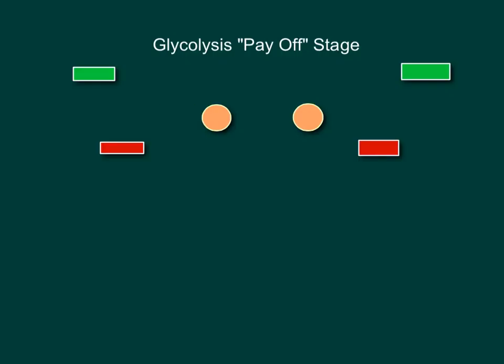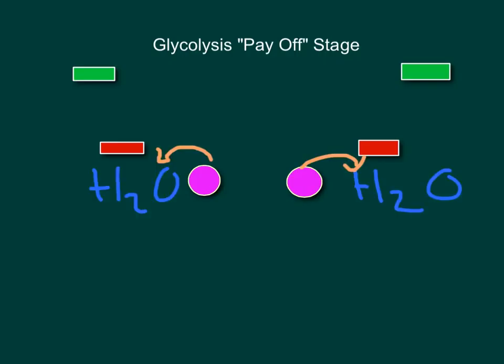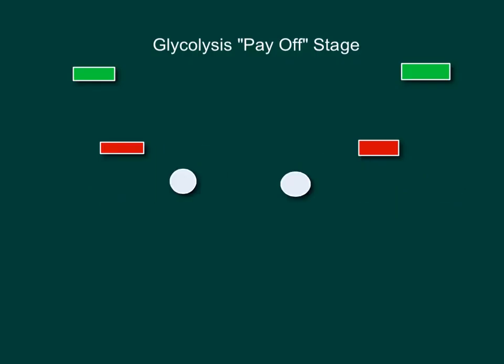After this, 1,3-BPG becomes 3-PG. Then, the 3-PG molecule will rearrange to form 2-PG. After its rearrangement, 2-PG will give up a hydrogen and a hydroxide ion, forming a water molecule. After the removal of water, 2-PG becomes phosphoenolpyruvate, or PEP. This molecule, PEP, is very unstable and breaks down, releasing enough energy to transfer one phosphate group to ADP, forming